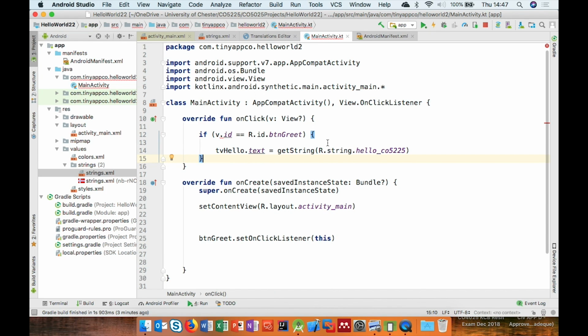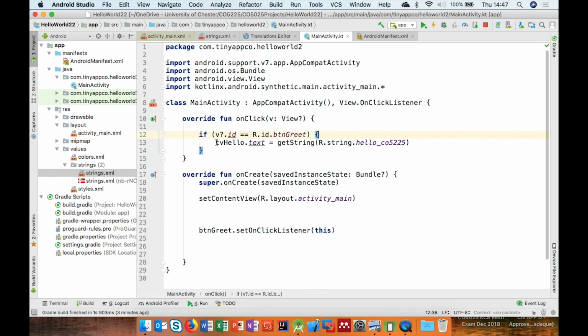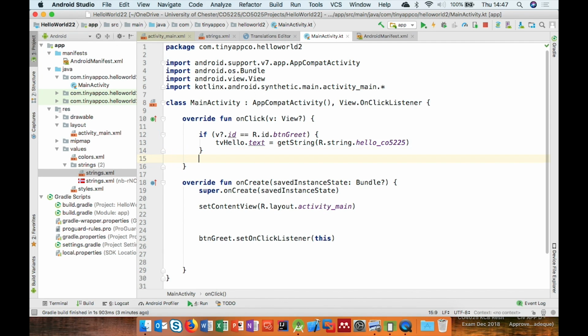There's still one more problem here though, and that is that view is a nullable view. So we have to do a safe call on it and check that if it exists, then what's the ID, and if it does exist, does it match? But this is a bit horrible, because then we have to do that for every button that we add. So there's got to be a better way, right? So there kind of is, but we're going to get there a bit of a messy way. So I'm going to start off, and